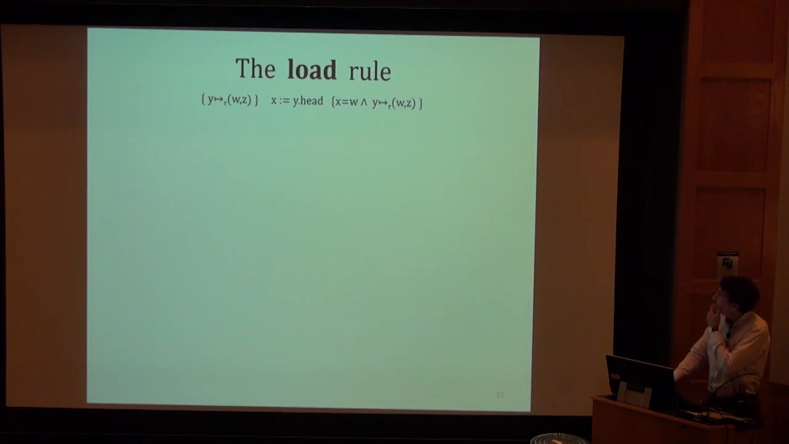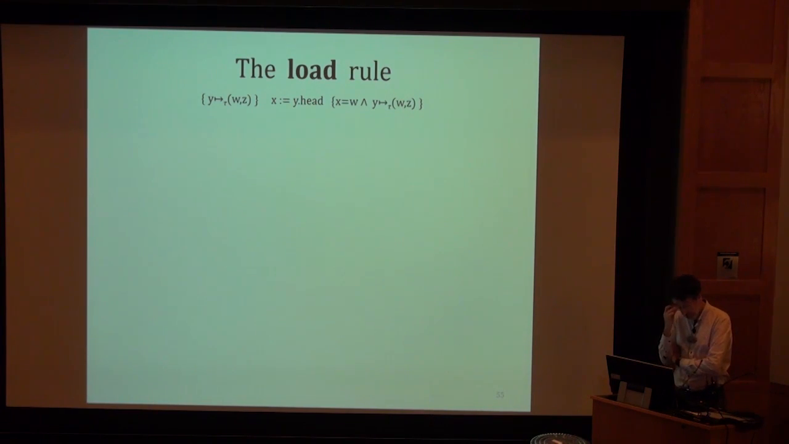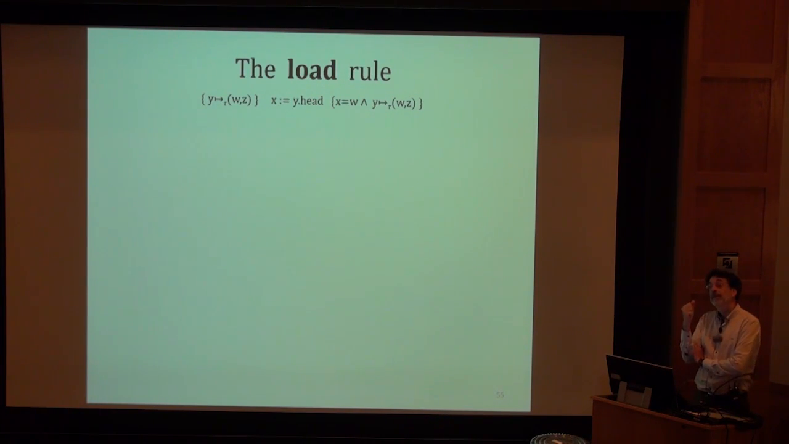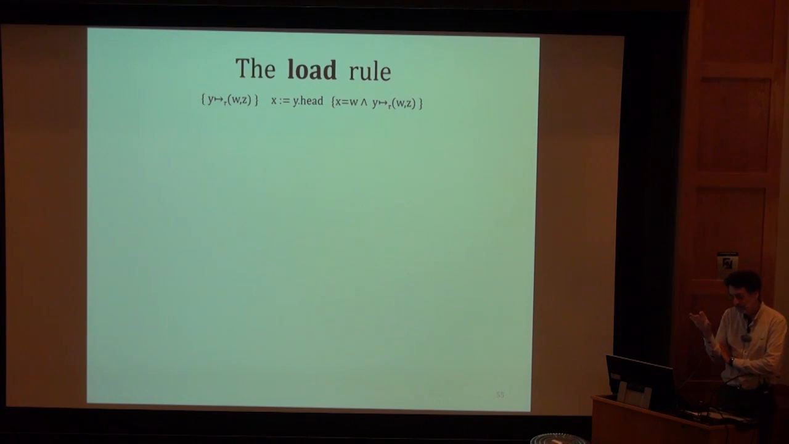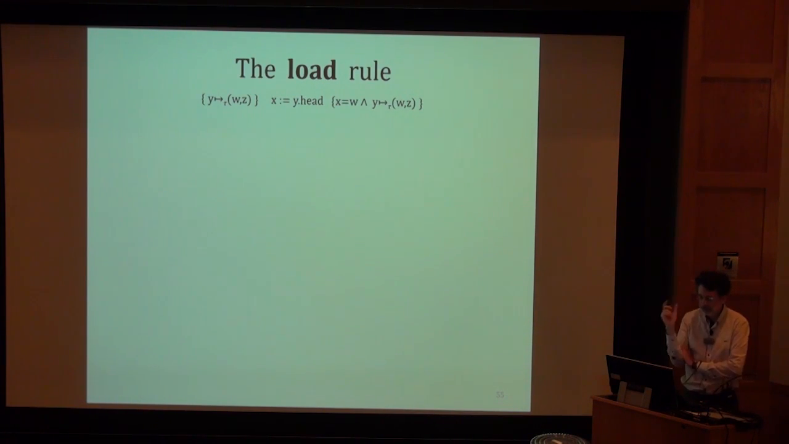Now, you saw this kind of load before. If somewhere in the precondition we have y maps to w, and we do the command x gets y dot head, then afterwards x should equal w. And the same load rule is used for field dereference, for array subscript, or even for the command x gets p dot foo sub 6 dot bar sub 7, right? There's some path of substructure, field selection, and array subscripting, as long as there's only one actual memory dereference in there. So the way we do that load rule